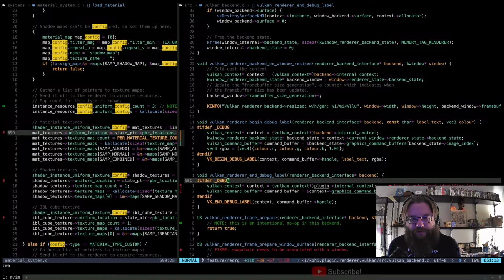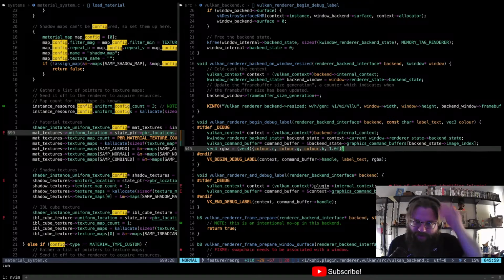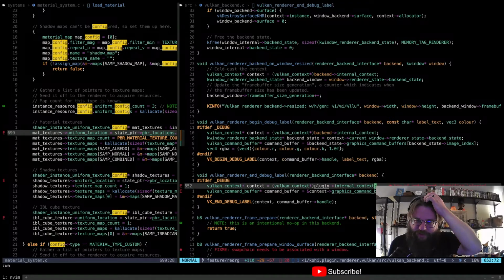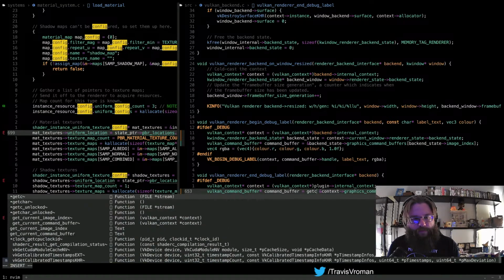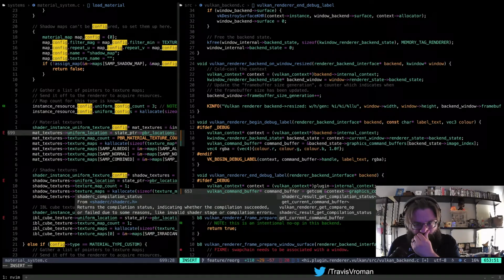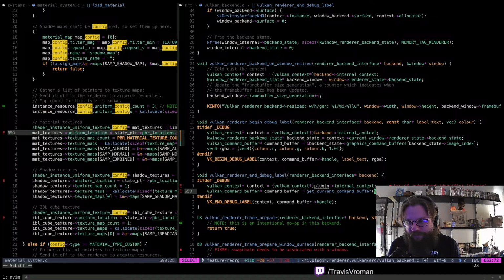Okay, so... Oh, you know what? Didn't I actually make a function for this? I think I made a function for this, actually. Get current command buffer.